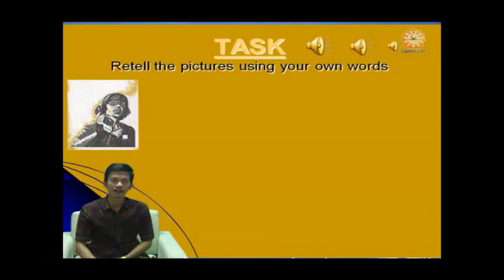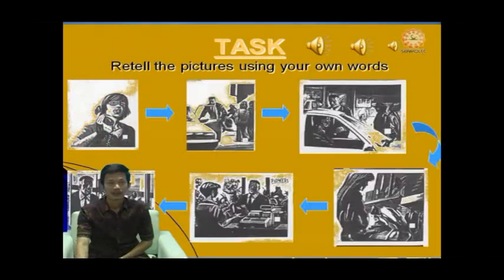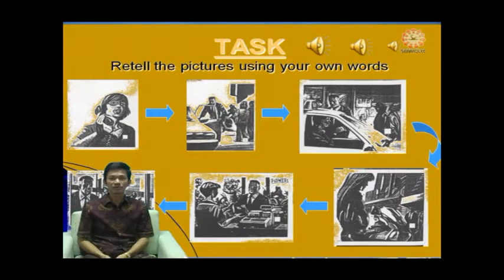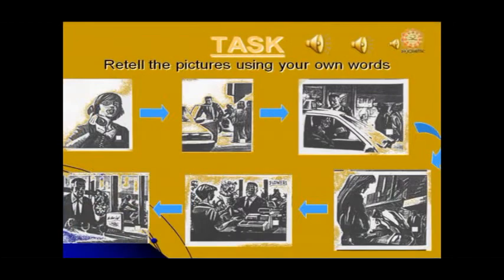Now for your final task, I need you to retell the pictures using your own words. Remember, you have to develop your vocabulary and try to retell the pictures in your own words. And please submit your work to my email,